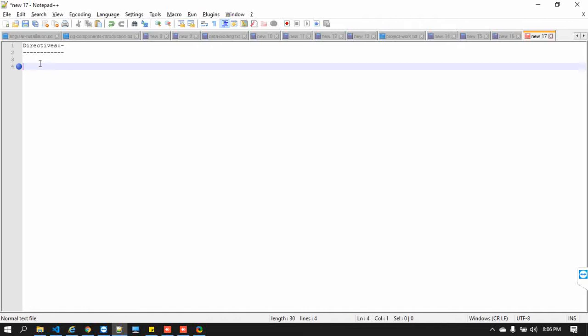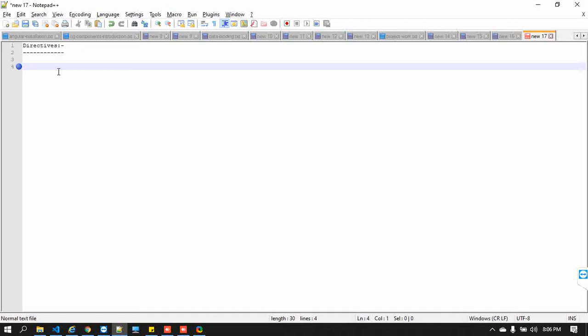Okay, so in how many ways are we going to change it? What is the meaning of changing the Document Object Model? It's simple. One is removing and adding elements to the DOM. That is one way to change the DOM. The second way is changing the look and appearance of your DOM. That is nothing but attributes. Let's say color is an attribute, style is an attribute, right? By using those attributes you can change the look and feel of the respective DOM. So these are the two kinds of directives we are going to discuss today.